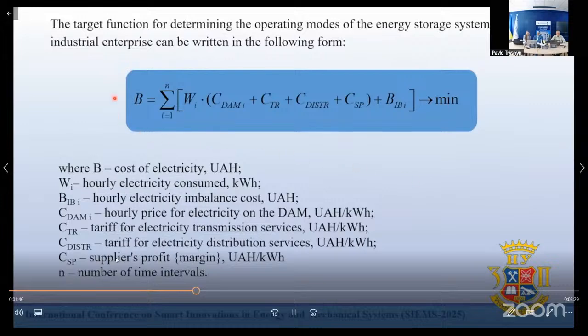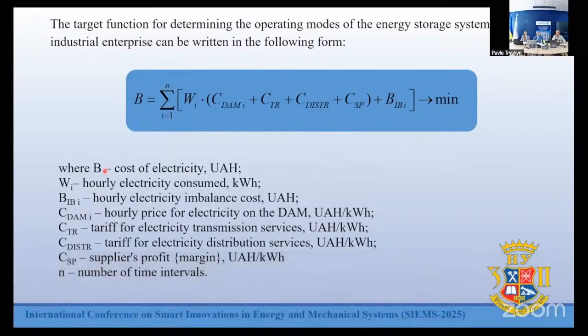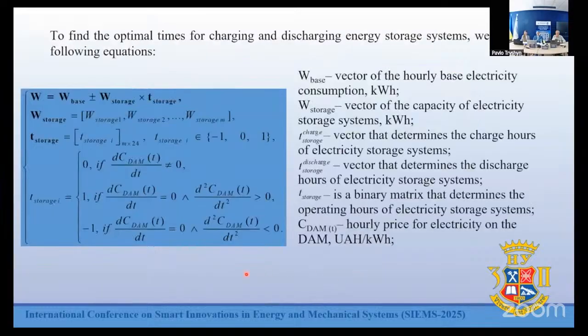The mathematical model used in this study calculates the total electricity cost based on several factors, including hourly consumption, storage capacity, and various electricity tariffs. To find the optimal times for charging and discharging ESS, we use the equations you can see on this slide. Both equations represent the vector form of the model. For example, these formulas show how the base consumption is adjusted by charging and discharging the energy storage system, depending on the price situation. To calculate the hourly price for imbalances, we use statistical data on the hourly electricity consumption by the enterprise for 2023 and the cost of electricity on the day-ahead market according to the state enterprise market